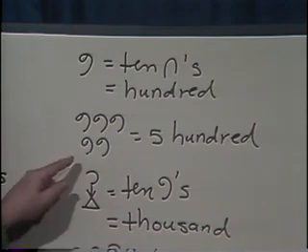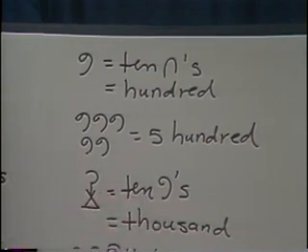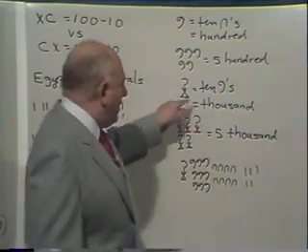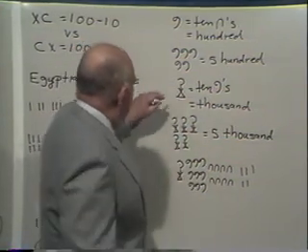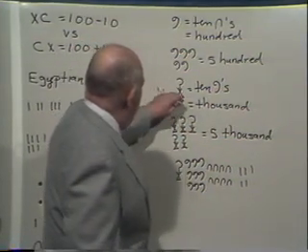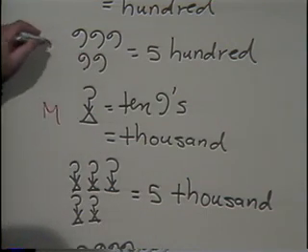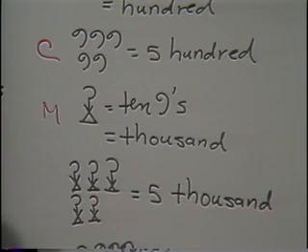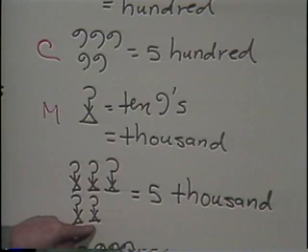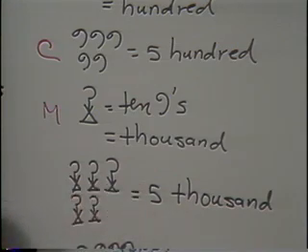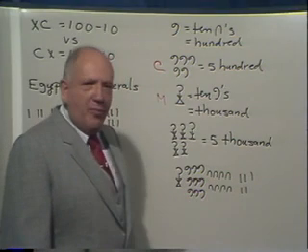And then the symbol for 1,000, see 10 hundreds, was a lotus plant. I don't know where it came from, a lotus plant. But in other words, the Egyptians used this the way the Romans used M, and the Egyptians used this the way the Romans used C. So now, when you drew the 5, but the noun was the lotus plant, it stood for what? 5,000. And just to show you how easy this is, I'm going to let you read this number for me.